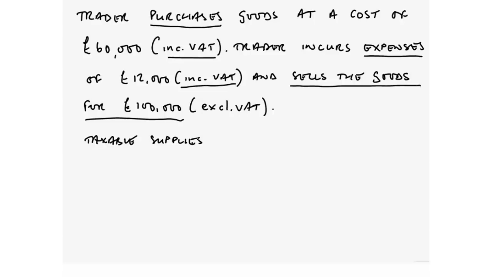Now those taxable supplies could either be standard rated, so we charge 20% on the sales of £100,000, or zero rated, in which case there'd be nothing to charge on the sales of £100,000. But so long as the sales that we make are taxable supplies and we are registered for VAT, then we